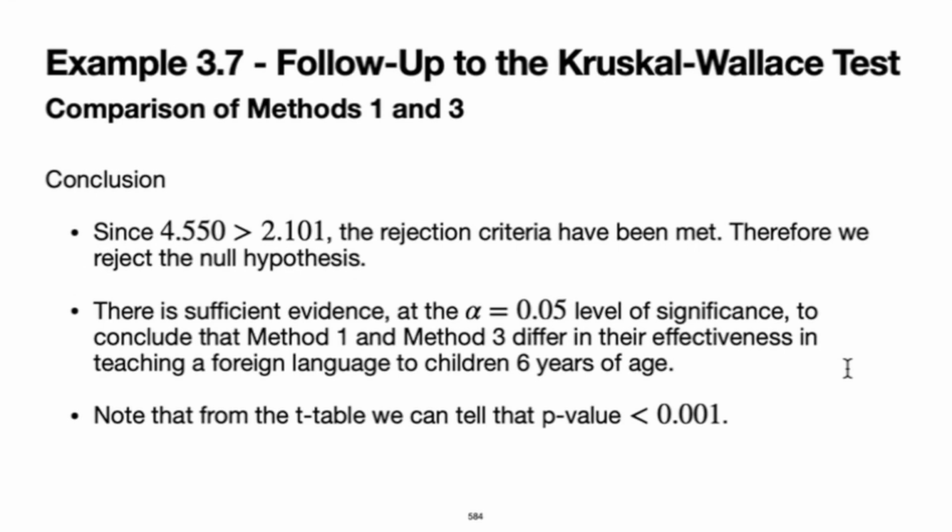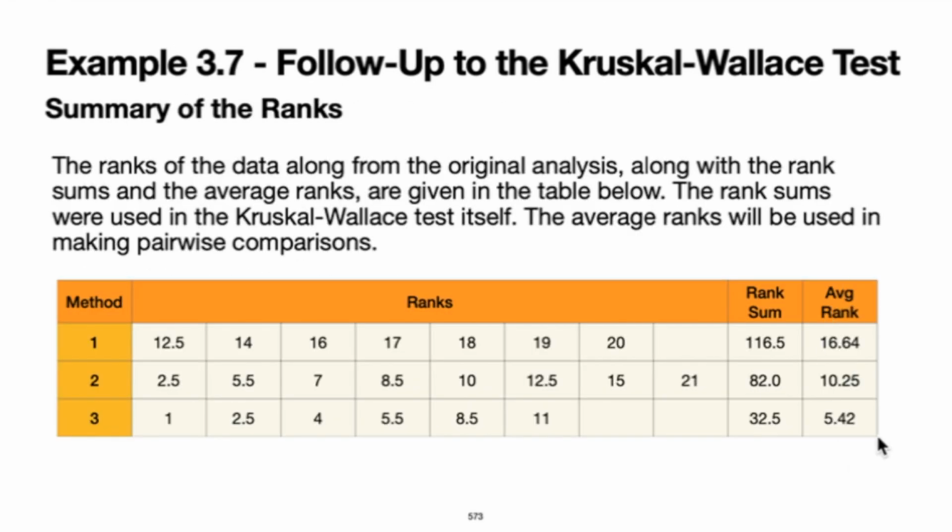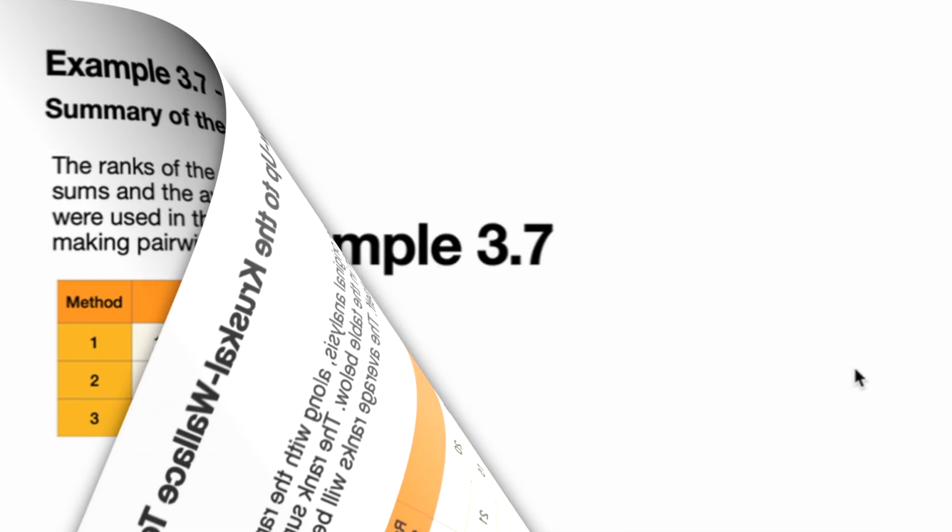All right, and so I think that you would agree that we can conclude, if I scroll back up here, in looking at those average ranks, what we're concluding here is that method 1 is actually the best of 3, and that there's not a significant difference between methods 2 and 3. So if we had to choose a method, we would want to choose method 1. Okay, so that is the end of example 3.7,